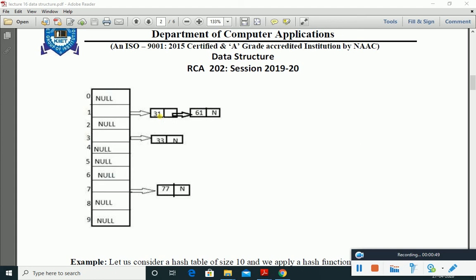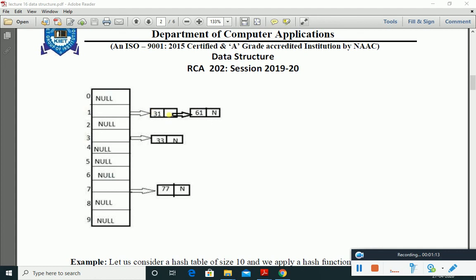Like in this figure we can see 31 and 61 are generating 1 as a hash value after dividing by 10. So we are not storing 31 and 61 in the same cell. We have created a linked list there and we are storing 31 and 61 in a singly linked list manner.